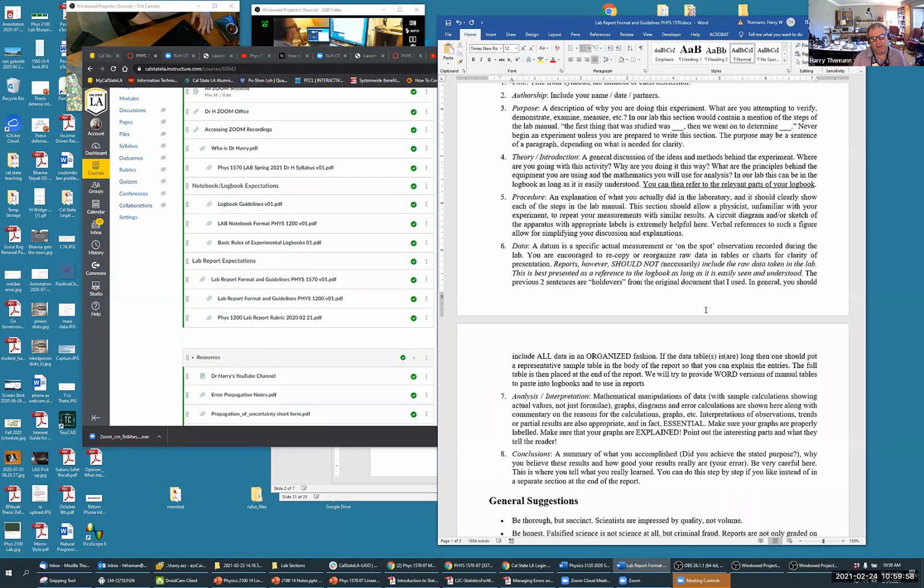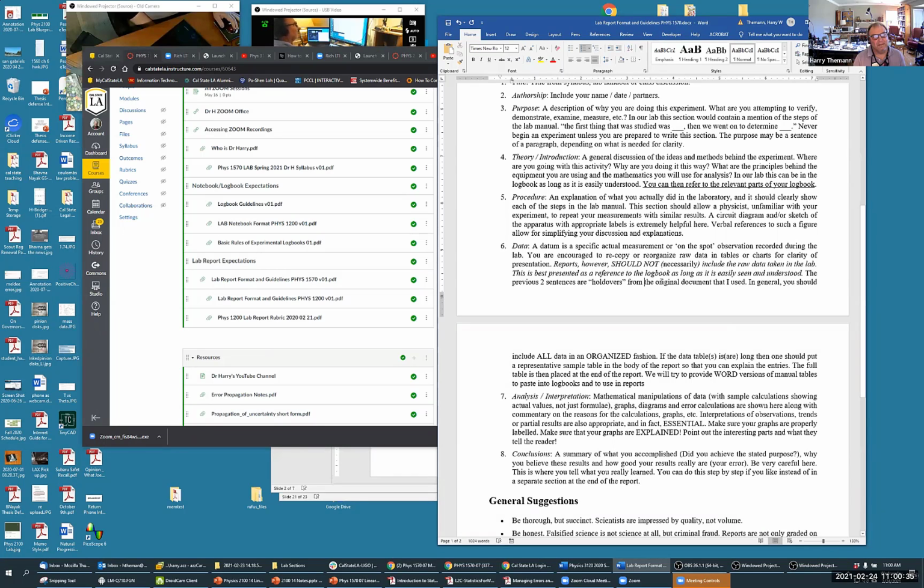But I can't even think, in Physics 1570 or any of our undergraduate labs, the raw data is almost always important to a report because, for example, we're talking about measurement uncertainties and propagating errors. So you need to show the measurements of the block with their plus minus, and you have to talk about how the plus minus was determined. So almost always,